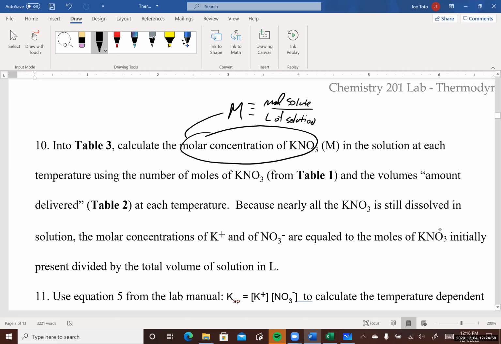Now use Excel to make a plot of the ln of those KSPs versus 1 over temperature. Now, why would you want to do that? It seems kind of funny. Well, if you remember from the background, there's a special equation that's derived from 2 that you should know,